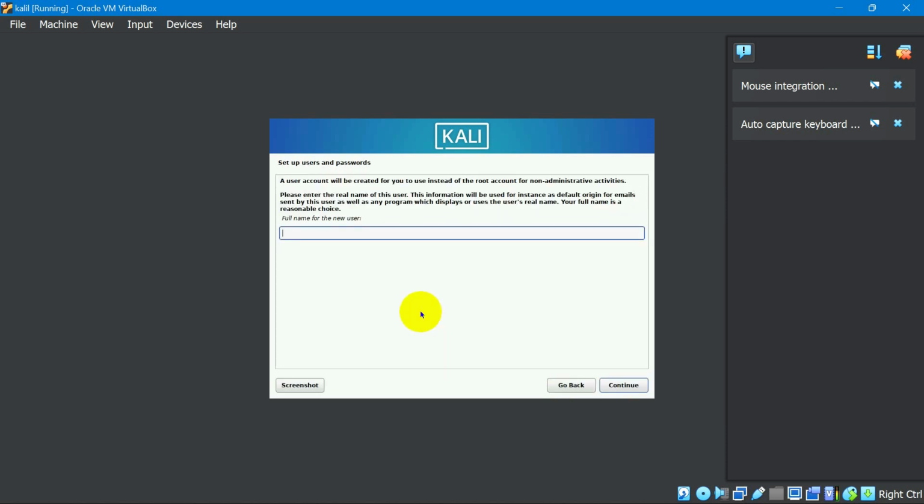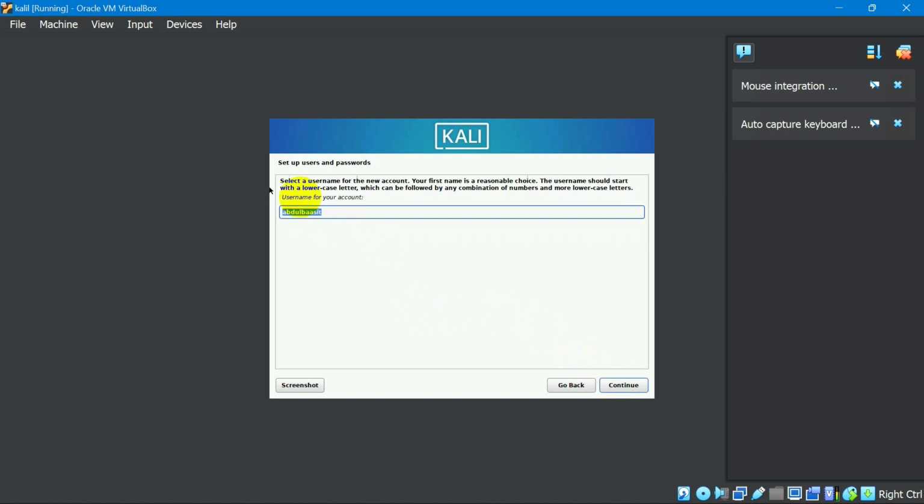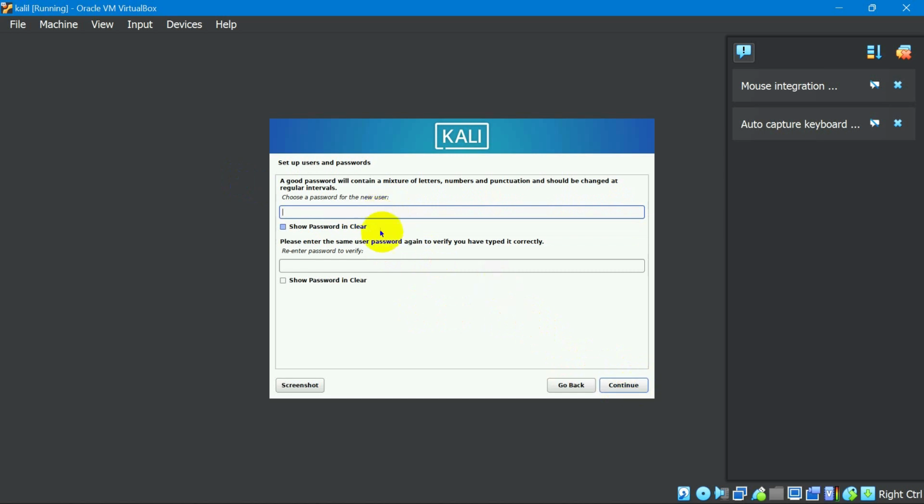So the full name is Abdul Basit, as I've said. Abdul Basit. That's all. No comment, nothing, I'm just putting it there. So the username will be automatically created, but the username will be in small letters. So you create your password.